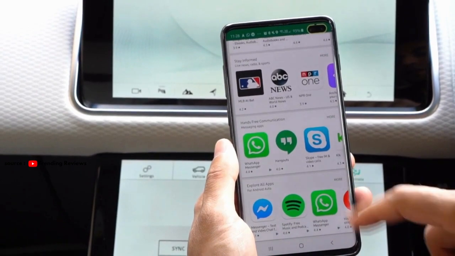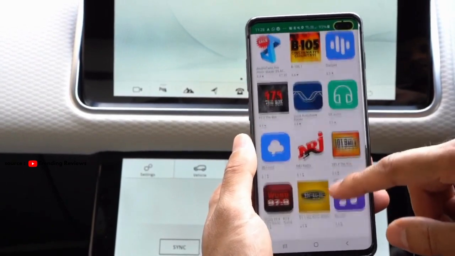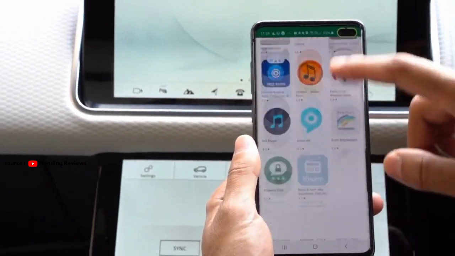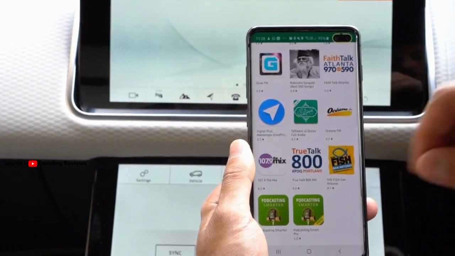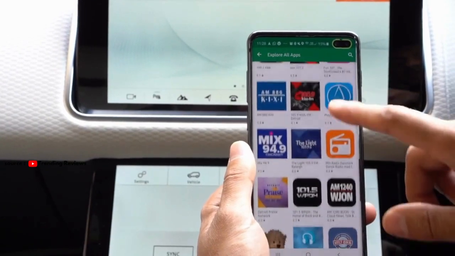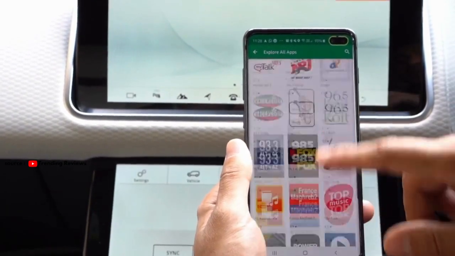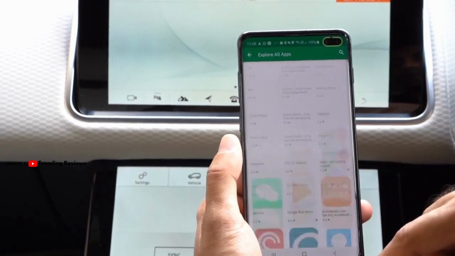At the bottom, if you click on more, you will see that there's a variety of different apps that you can download that can be compatible with your head unit. So there's probably a couple of hundred here. Most of these are going to be audio apps, audiobooks, or radio stations.